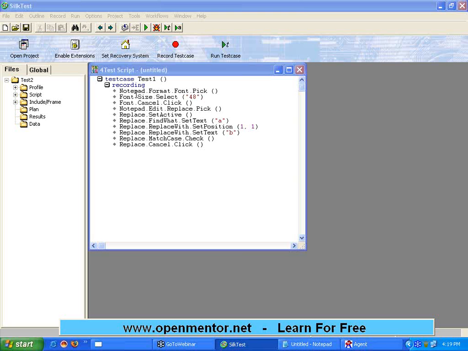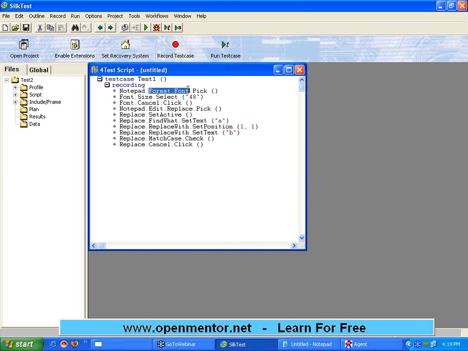For example, I first went to the font in the menu. If you see here, window.menu.action, font window, size list box, select action. Everywhere, the first one is the window: notepad window, font window, replace window, right? The second part is within the window, where did you click?